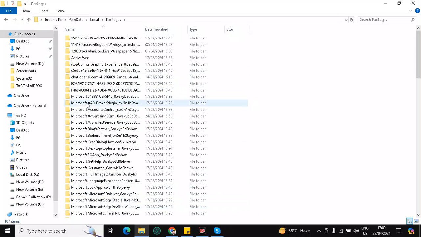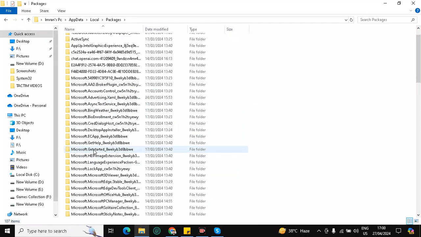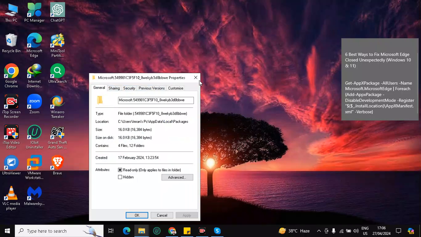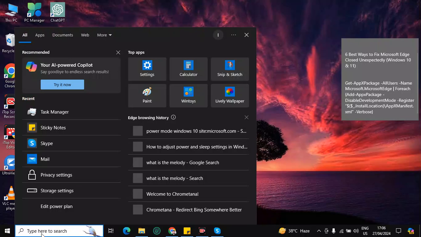Now from this you have to find here Microsoft Edge 8wekyb3d8bbwe. So let's find this Microsoft Edge. From here you have to find Microsoft Edge 8wekyb3d8bbwe. But if you don't find this here, you can leave it or minimize it and go to the next step. The next step is going here and write